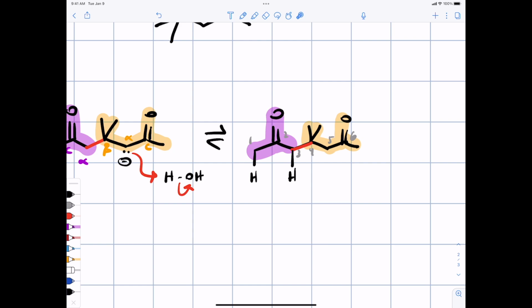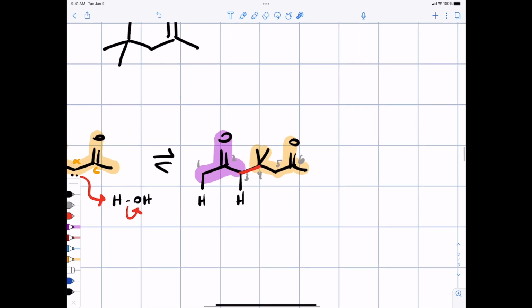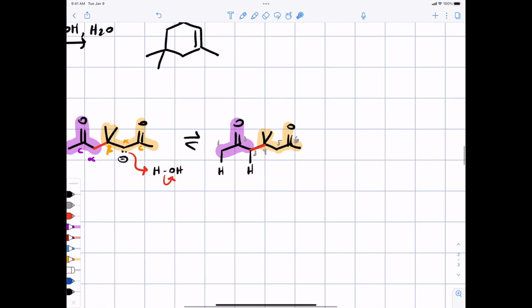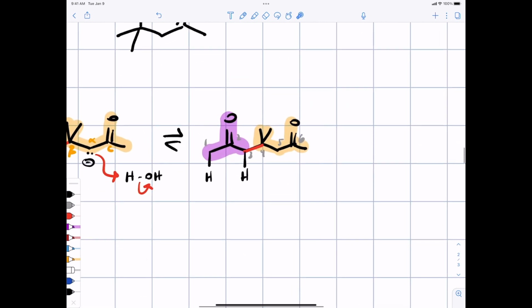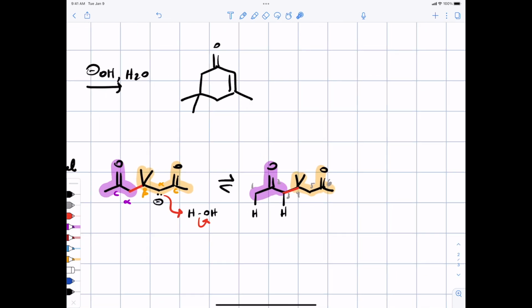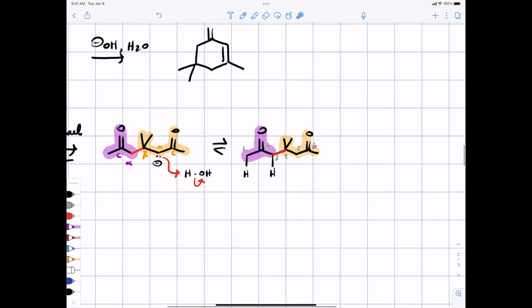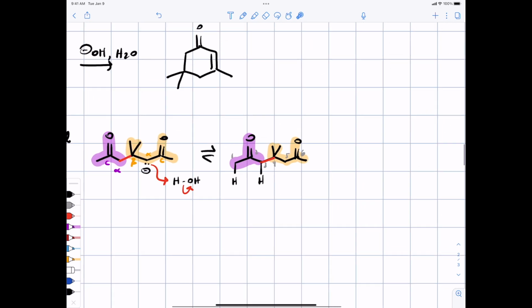Because this is an equilibrium process, we're going to do what is required to get the more stable 6-membered ring, even though that goes through a less stable intermediate. In an equilibrating process, only the stability of the products matters, not the stability of the intermediates. So we'll remove